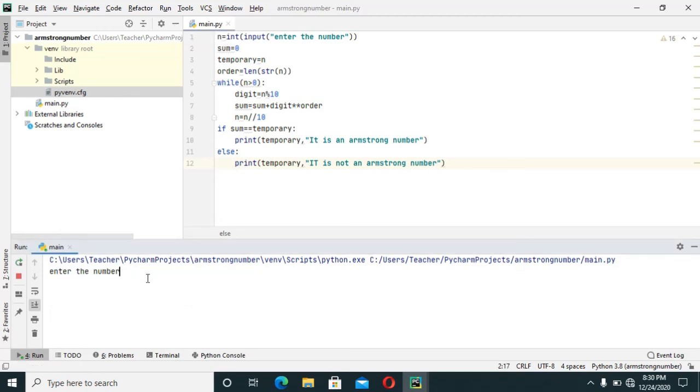So let's check for 153. Yes, 153 is an Armstrong number.